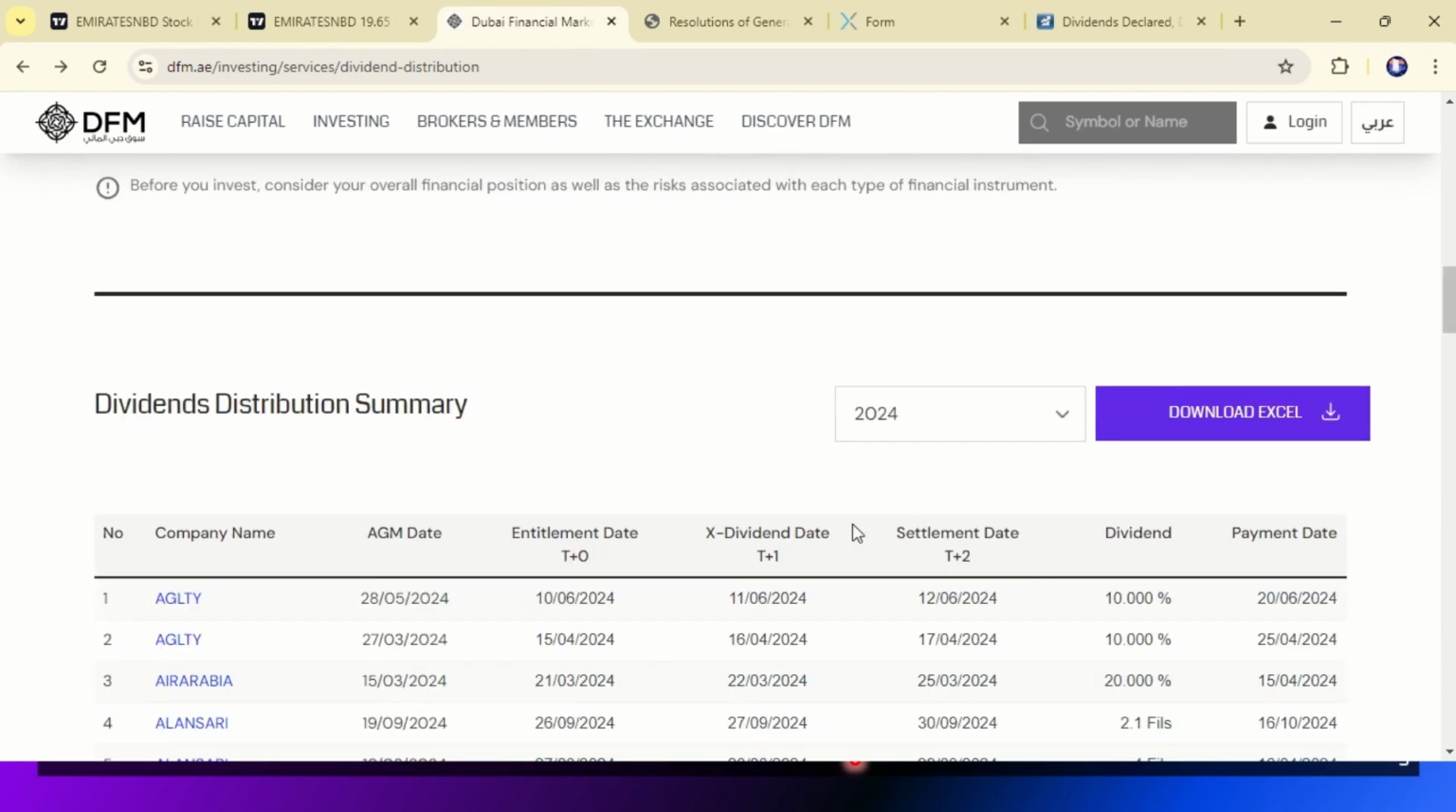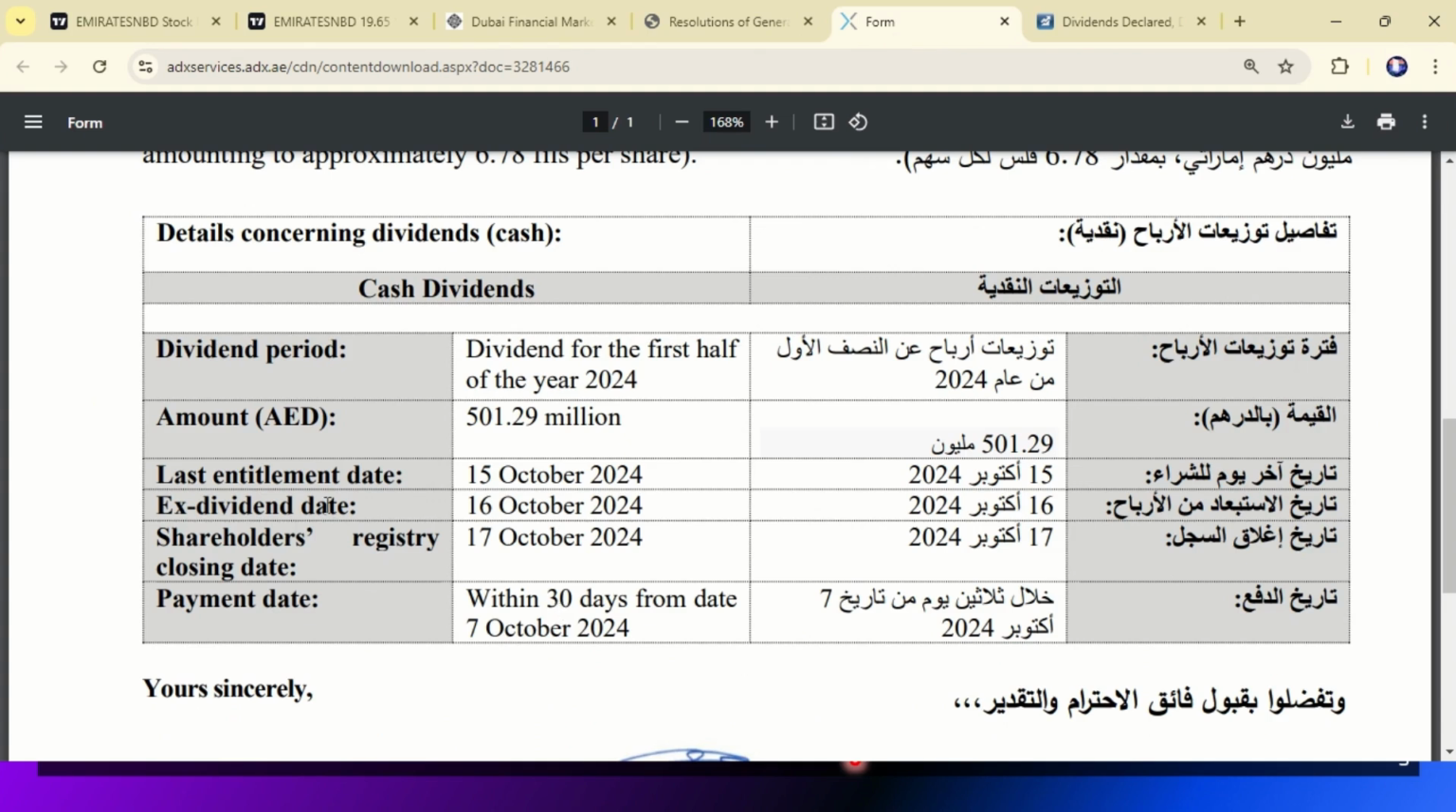This is for DFM, but for India what they will use is record date. But in ADX, come here for ADX, last entitlement date is the same, ex-dividend date is the same, and for record date, they will use shareholders register closing date. So now you can understand each and every exchange, what name they are using for the record date. We require the record date only, right? Two things we need to understand: